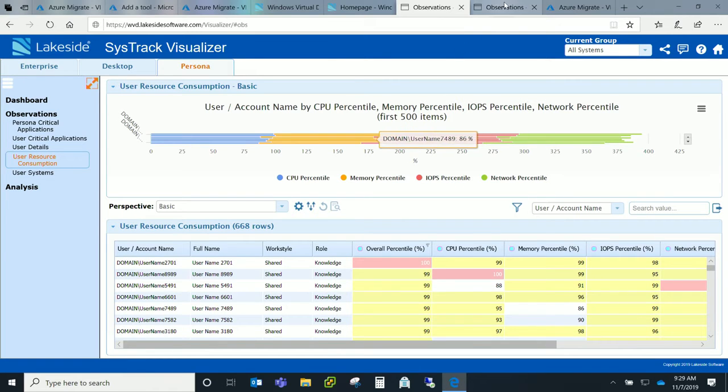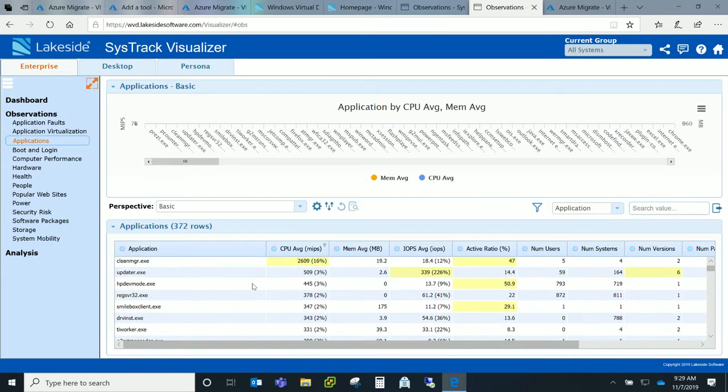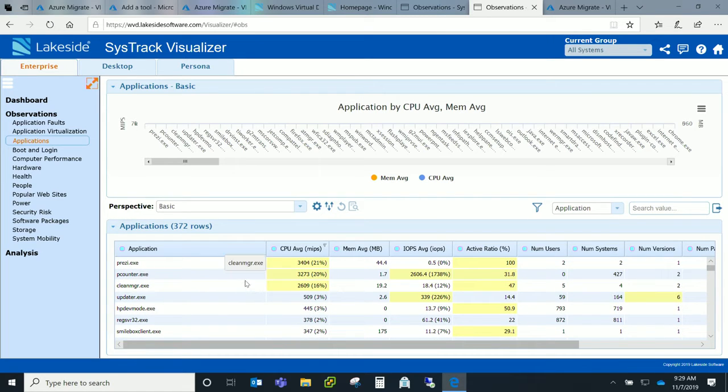Now, once you do that, you can then switch to the enterprise view. I have switched here already. And you will see that there is application-level reporting available with Lakeside as well, where it does a thorough analysis of each of the applications running in the on-prem environment, and it provides you utilization reports around which of the applications are used frequently.